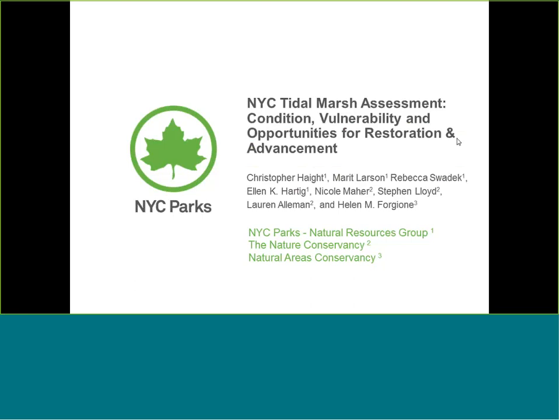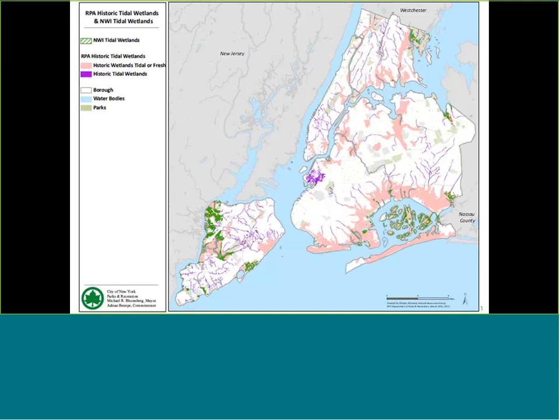So we're doing this project in collaboration with the Natural Areas Conservancy, who is a nonprofit partner of New York City Parks, as well as the Nature Conservancy in New York. New York City, like many coastal cities, has lost a lot of its historical wetlands in the past few years. This is a map showing in pink and purple the historical wetlands in New York City, and in green are the currently existing wetlands. New York has lost about 80% of its wetlands, and currently we have about 4,000 acres